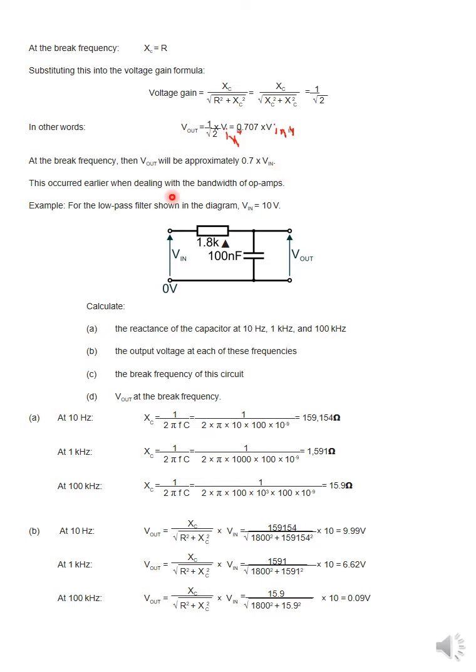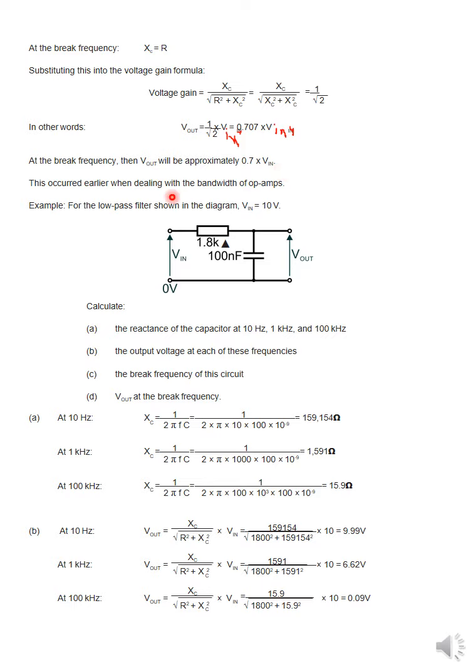so the ideal graph is also compared with it. There is a roll off in gain as the break frequency is approached. Gain slowly falls over a range of frequencies. No vertical drop at the break frequency, so it's not dropping like this directly from here to here. It's dropping in the form of a hyperbolic kind of curve. There is a small output voltage even at high frequencies. You can see that there is an output voltage at high frequencies. However, ideally there should be zero.